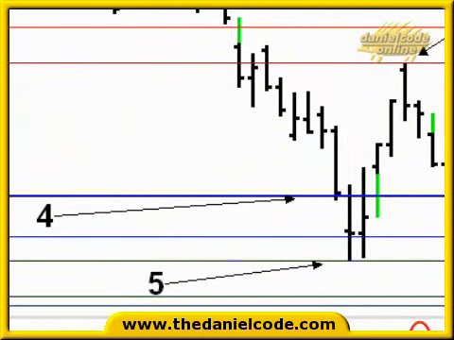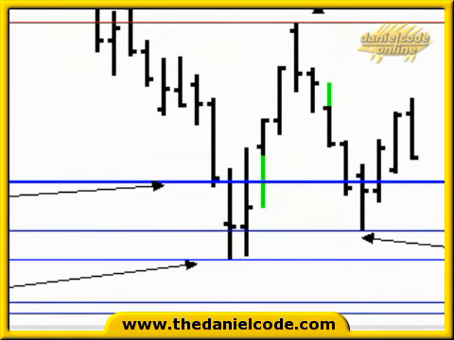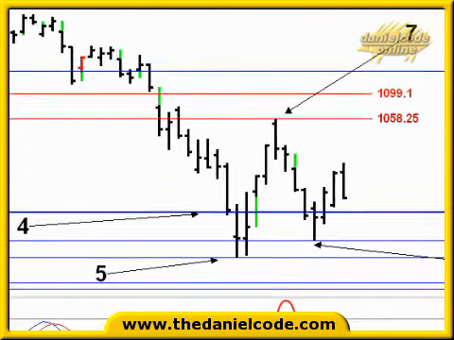We want to actually see the turn, because we know that markets will often recognize the Daniel numbers by a vibration, but they don't actually give us a turn. So we're concerned with the turn. So where are we going to buy this market? We're going to buy it at the top of the bar with the number arrow 4 pointing to it, and